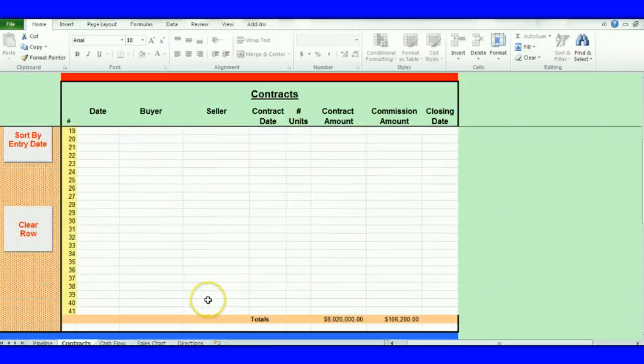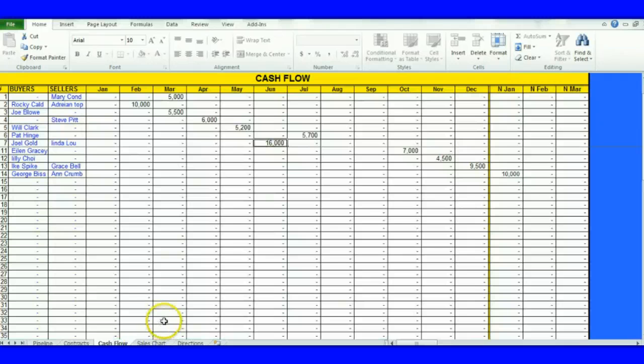Now let's go down here and take a look at the cash flow. Here's your cash flow, and if you notice, every month has got something in it except January. All right, and we've got one in the end month, which is January of the following year.